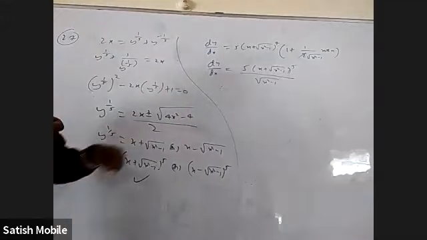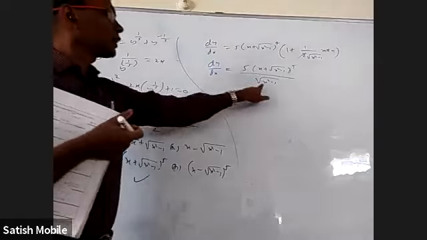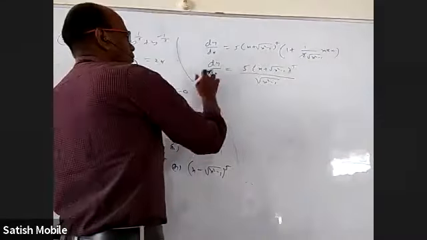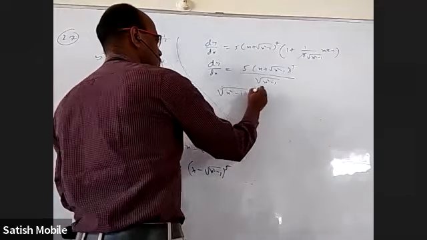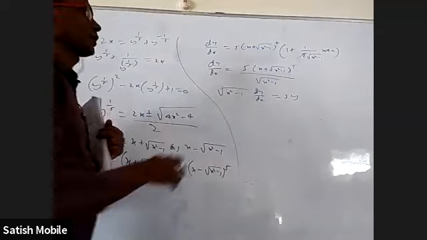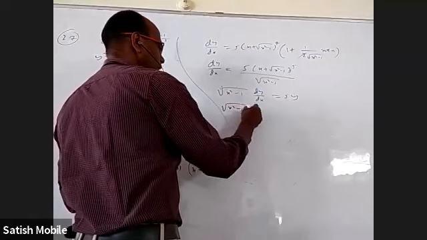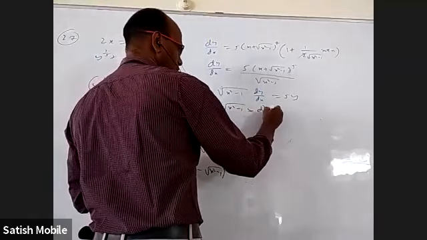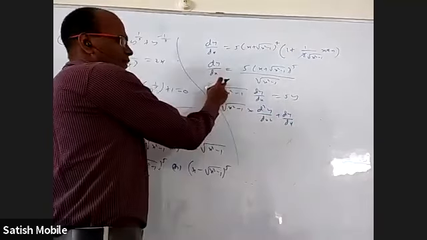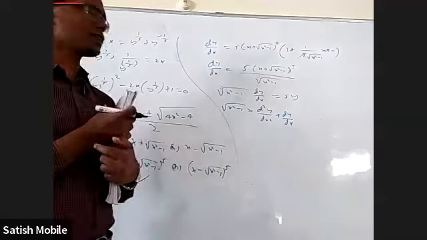Okay, now two things we have to do. This is basically what we started with, so I can substitute y. And if I bring this side, my differentiation will be easier. So I'm going to bring this here. Root x square minus 1 into dy by dx is equal to 5y, because this numerator is y. Now differentiate by product rule. Root x square minus 1 into the derivative of this, d square y by dx square, plus dy by dx. If I directly differentiate in the earlier step, I have to apply the u by v rule. But by bringing this, I'm able to get it more easily than that.